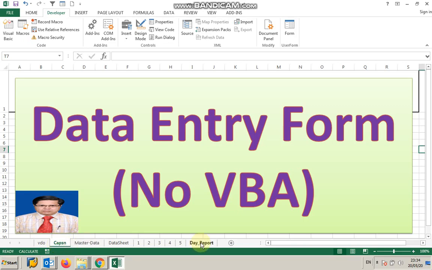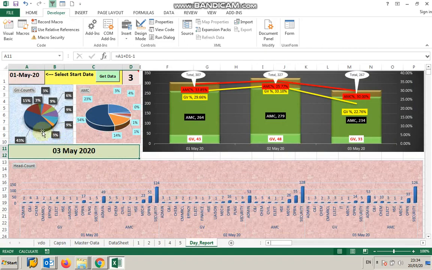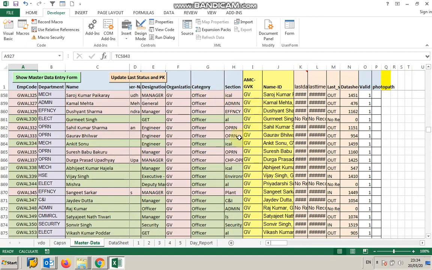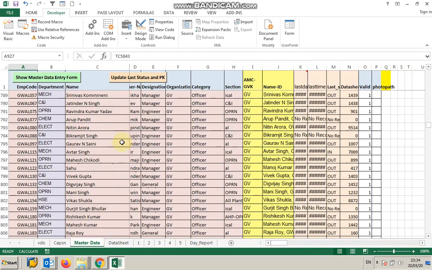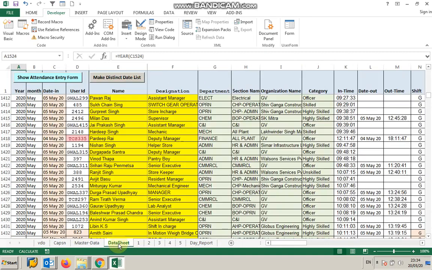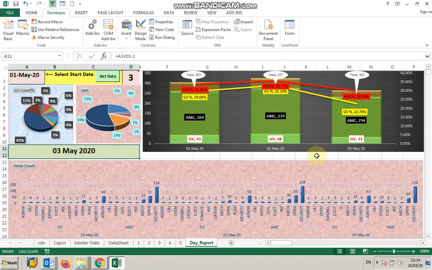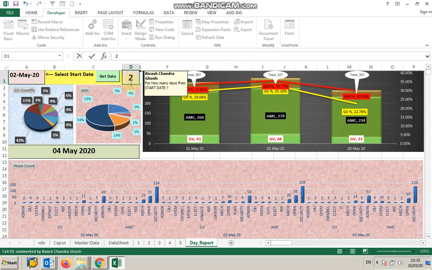We will take an attendance data sheet of some industry, just arbitrary, this is just an example only. Because of COVID-19, finger punch or biometrics has stopped, so it is very difficult to maintain the attendance of say 500 or 200 people, entry or exit through the gate, manually in an Excel book. But if it is made in a very structured way, it is possible. For that I will show you an example.